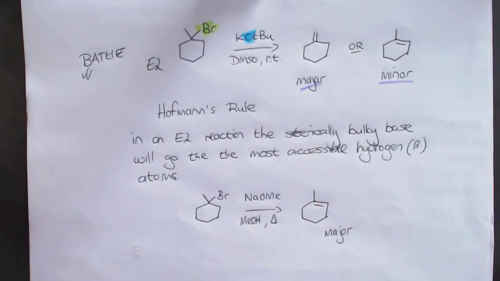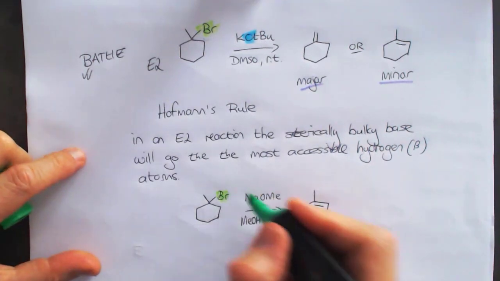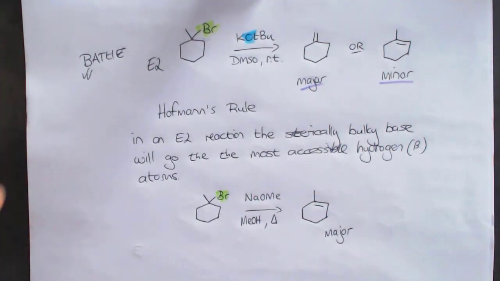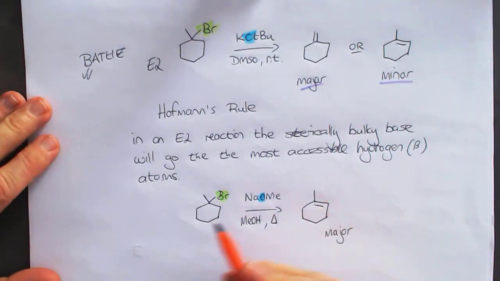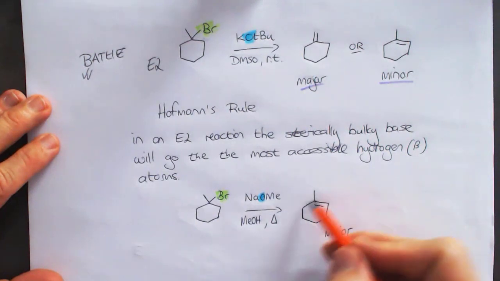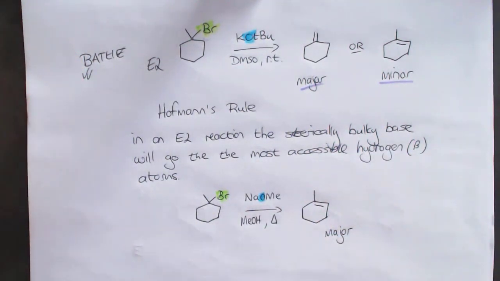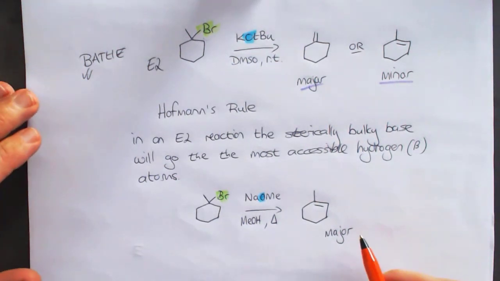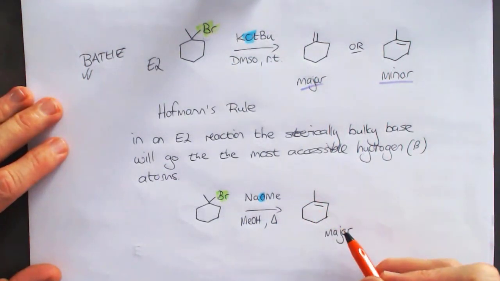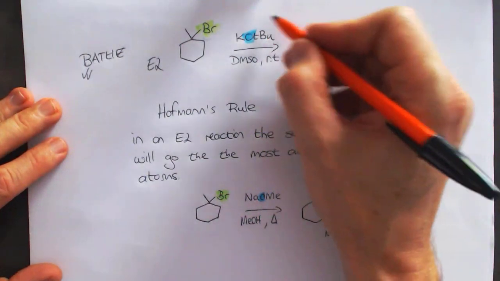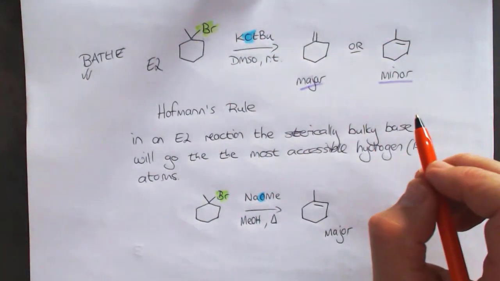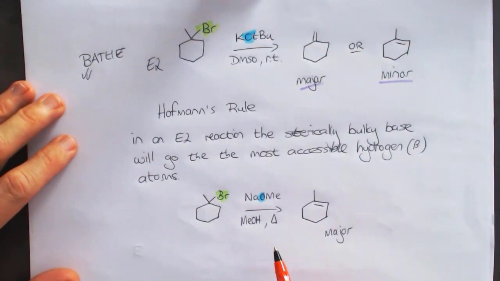In this case over here, if we change the base now to something which is actually quite small, so it's not as sterically bulky as the tertiary butoxide, then what we end up with is Zaitsev's rule starts to take place, which is the main dominating rule, and we get those sorts of products as the major product. Really, Hofmann's rule only comes into play when we've got a sterically bulky base and we're going through an E2